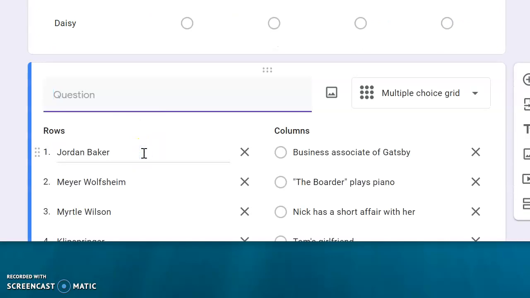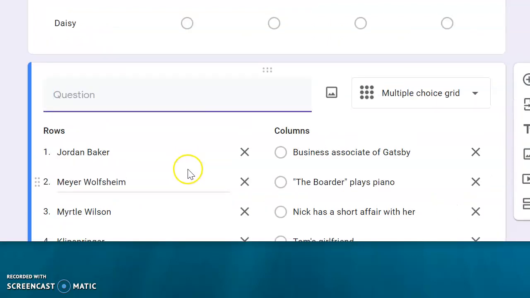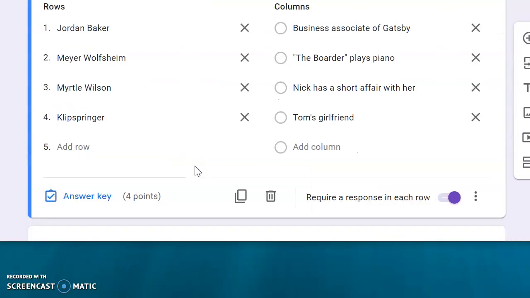Next section. Your choices are Jordan Baker, Meyer Wolfsheim, Myrtle Wilson, Klipspringer. Your choices for answers are business associate of Gatsby, the boarder who plays piano, Nick has a short affair with her, and Tom's girlfriend. And this is what it looks like when you do it. I don't know what it looks like on your end, but